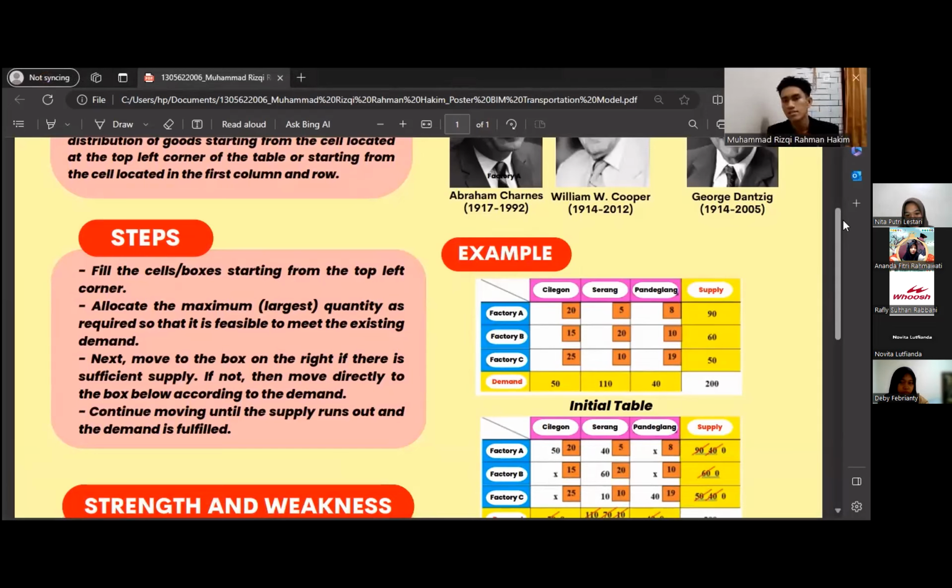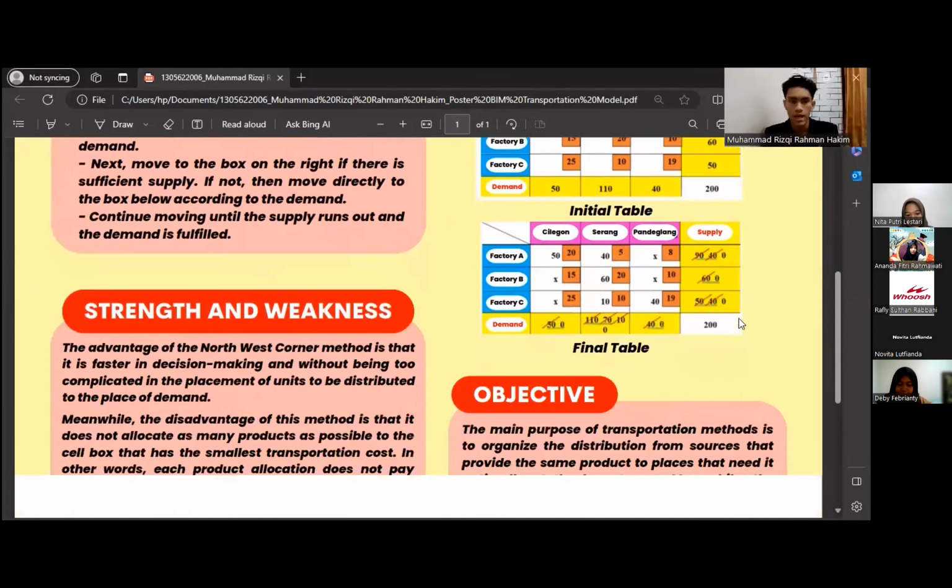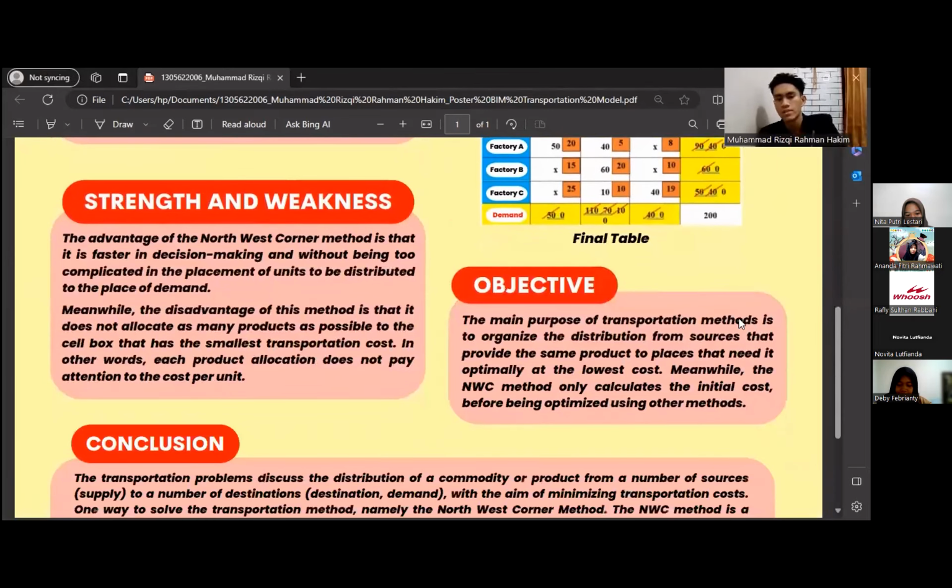And here we also have an example of applying the NWC method to a table. There is the initial table and the final table after operating the NWC steps. And to find the minimum cost, we just need to multiply the need with the shipping cost, then just add it up as usual. The advantage of the northwest corner method is that it's faster in decision making,